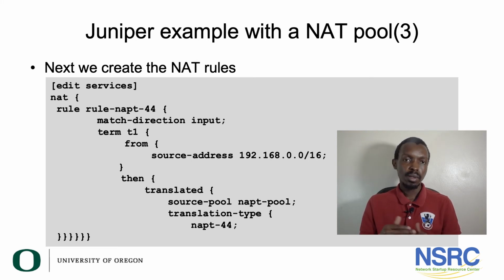You're going to have the following terms match on that input direction. Then the term is more or less the same as the Juniper filter syntax. And for an example, we are saying from source address is 192.168/16. And you could do things like add a destination address too, and then you specify whatever. But in this case, if you don't specify a destination address, it will mean every destination address. And you could modify this if you wanted to have it match just from a smaller range.